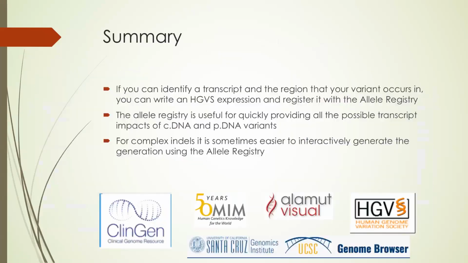So in summary, as long as you can identify a transcript and the region that your variant occurs in, you can hopefully write an HGVS expression and then verify it with the allele registry, and it will hopefully help you sift through any right shifting or other issues that may come up with that variant. And then sometimes for the complex indels,